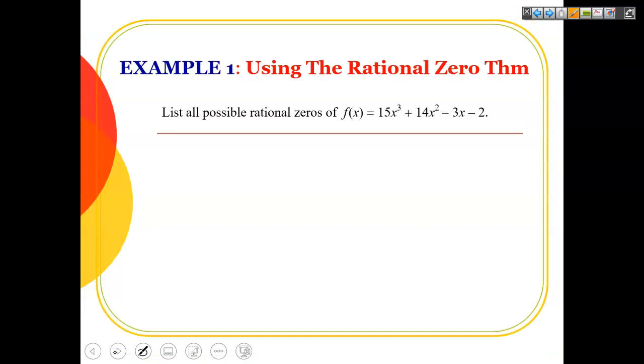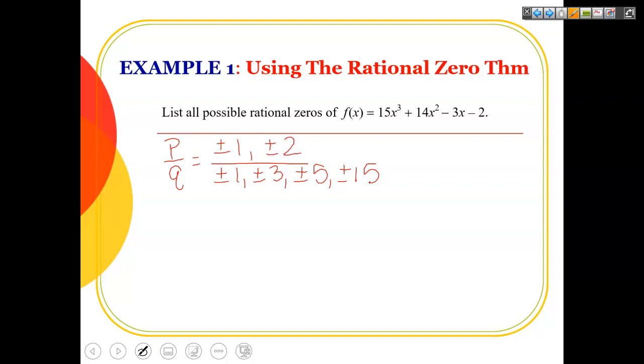So listing all of the possible, they are the factors of the last over the factors of the first. So you start with all your factors, but then the list needs to be concluded by actually taking the tops